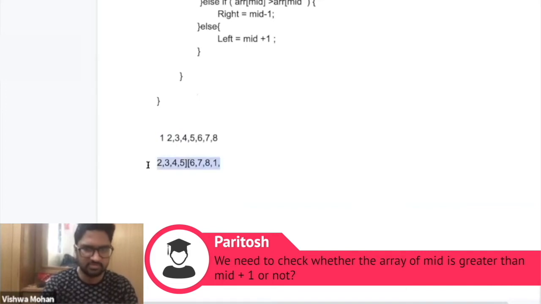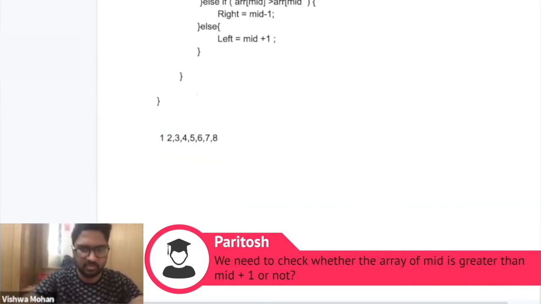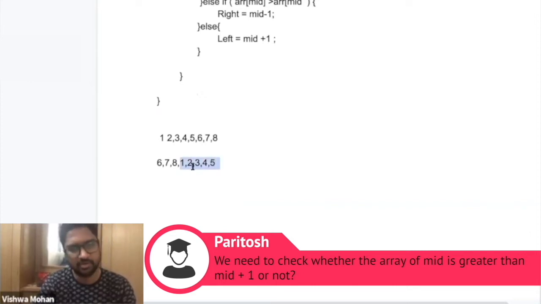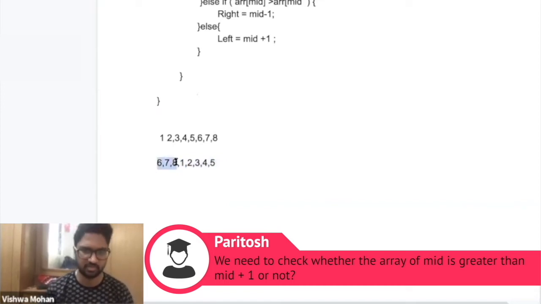So suppose this was rotated 3 times, so it will become this. Now this is the smallest index, right? Apart from this to this also, it is always sorted. So always the right element will be more than the left element, and this part is also sorted. The only place where the right element is smaller than the left element is when you find the 0th element.